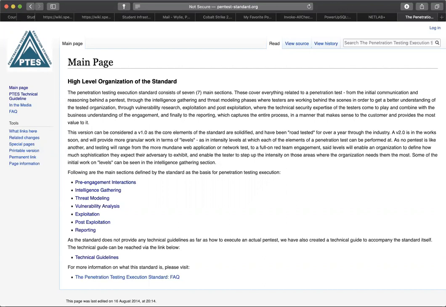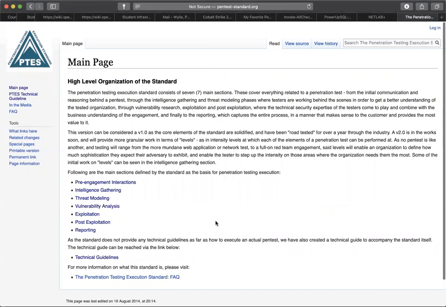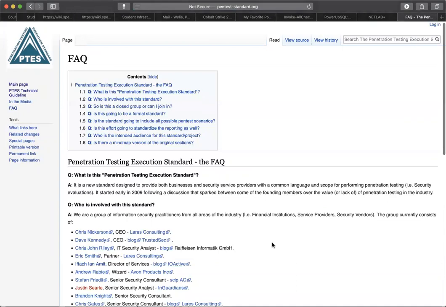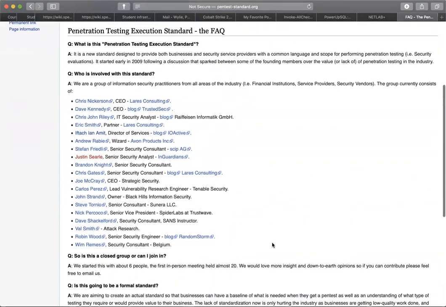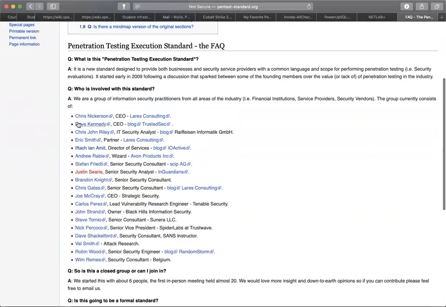There are other standards out there, but this is one of the most commonly used. Even in our book, they cover it. If you look at a lot of different pen testing books, they usually contain this information. But just to give you some idea of the people that wrote this and why this is a good standard, if you look at the list of people that helped write this, you have